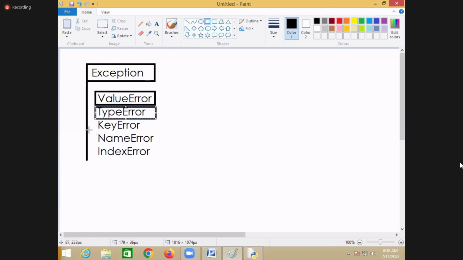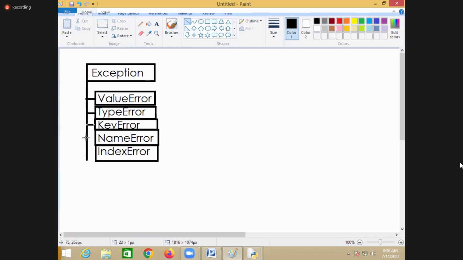And all these error types inherit which one? Exception type. So value error is inherited from exception. Key error is inherited from exception. Name error is inherited from exception. Index error is also inherited from exception.